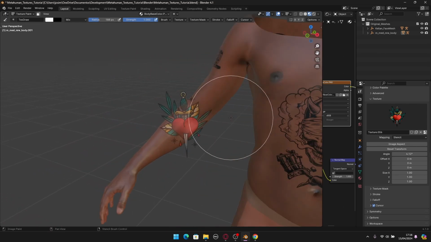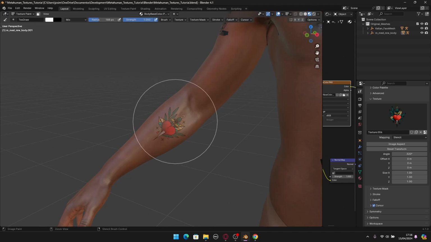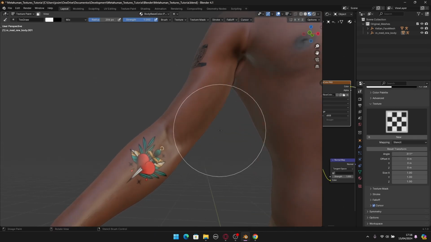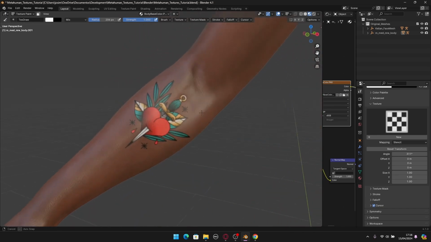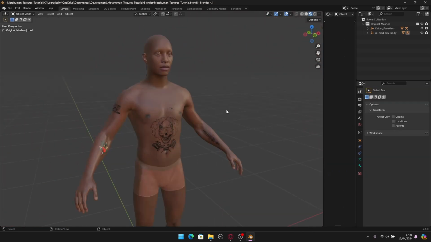So let me just paint on this right arm here, like this. Maybe like this. There we go. And we just need to paint this. There we go. As you can see, now we have the tattoo on the skin with the normals, everything. Okay, so this is basically how you can paint tattoos in the character and how you can basically customize the